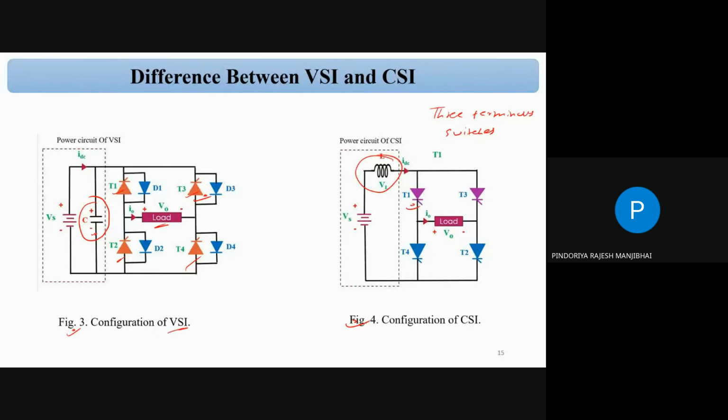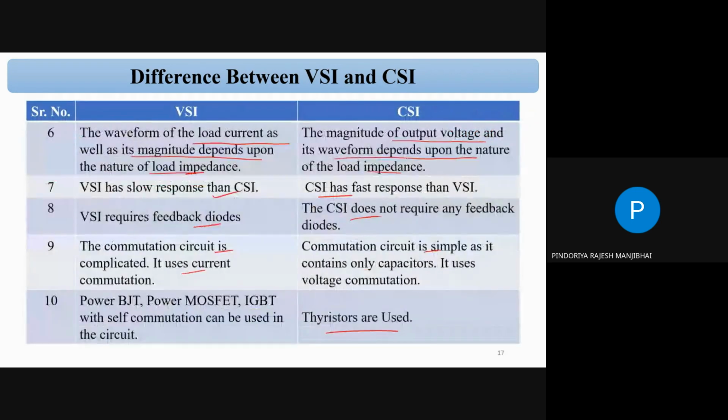correct? And capacitor, by nature, provides high impedance. So suppose you see the nature of the capacitor: by default, by nature, a capacitor provides high impedance. And an inductor provides low impedance. So that is the nature of the capacitor and the nature of the inductance. That's why we can say